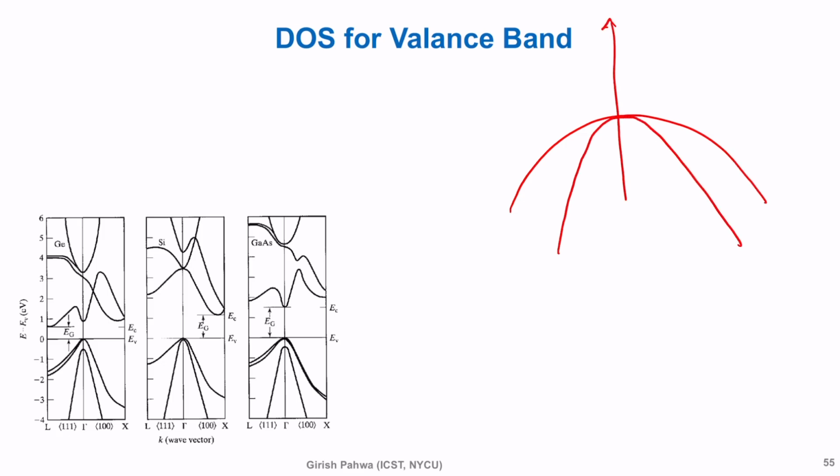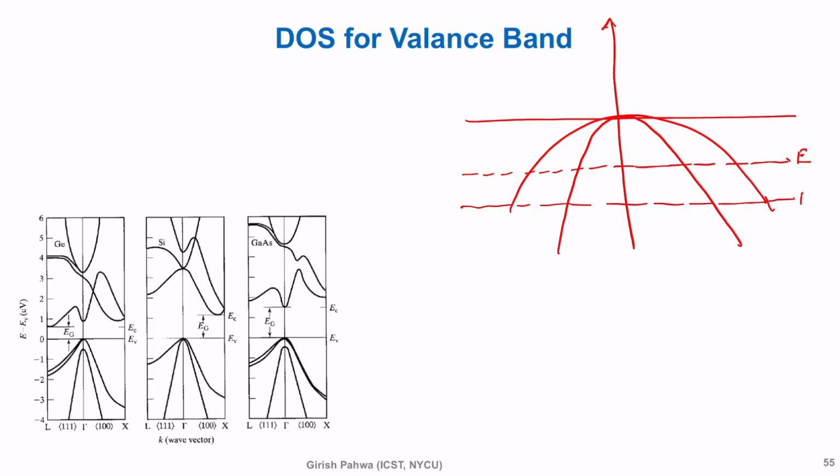Okay, you have this. Now say I have this energy level E, and now I have this, say, E plus dE. Say my dE is negative. So corresponding to this I have this and this. So whatever the number of states are there, they correspond to, say, the band number 1. So I will add the density of states for this and this,